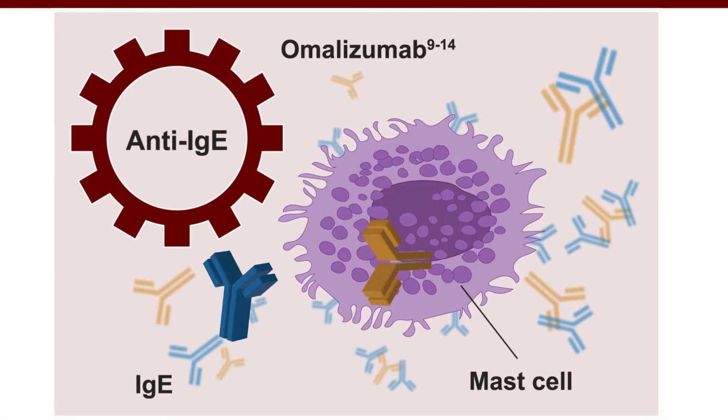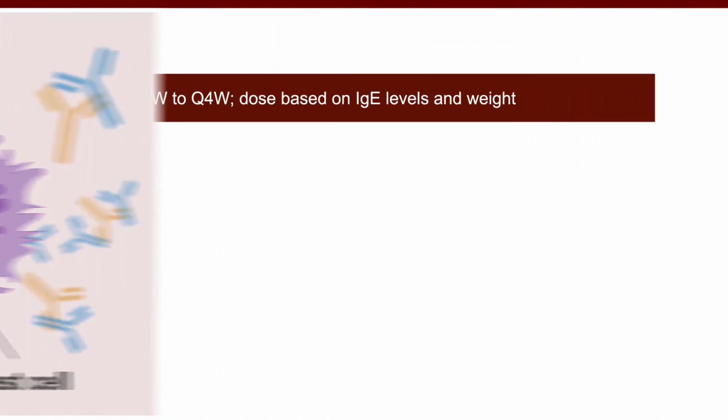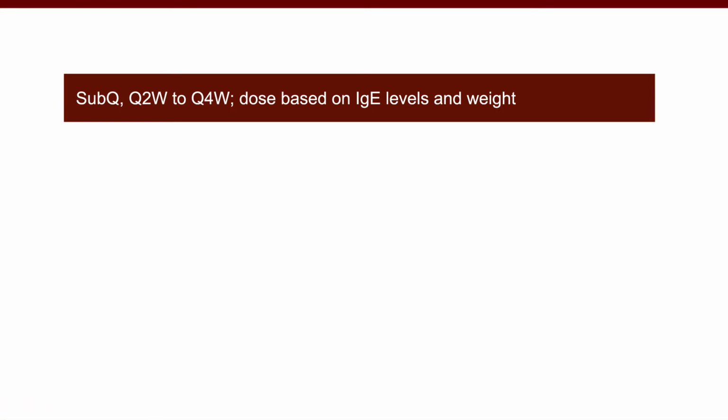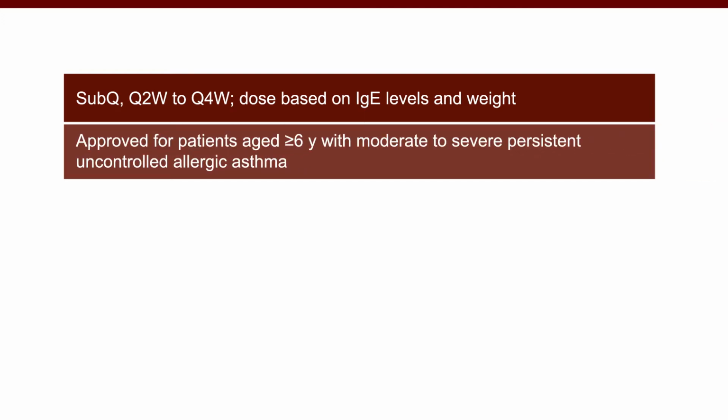Omalizumab was released over a decade ago, and has been proven to be helpful in patients who have moderate to severe allergic asthma, typically reserved for patients with severe disease because of the cost of therapy. It's given by the subcutaneous route every 2 to 4 weeks, and the dose is based upon the total IgE level along with the patient's weight. It has been recently approved all the way down to age 6 in patients who have uncontrolled allergic asthma, and